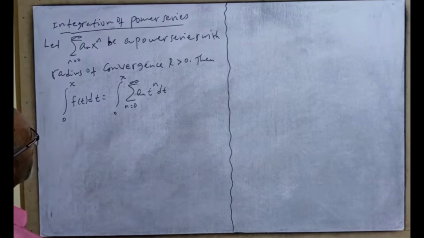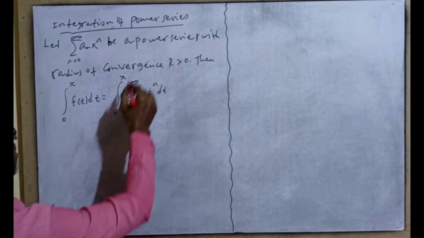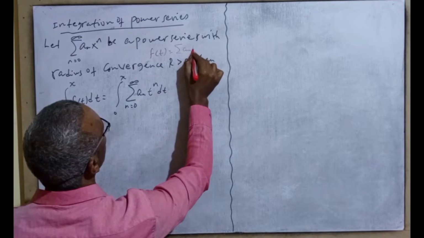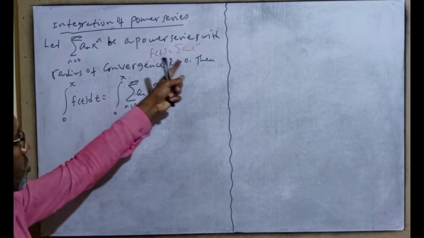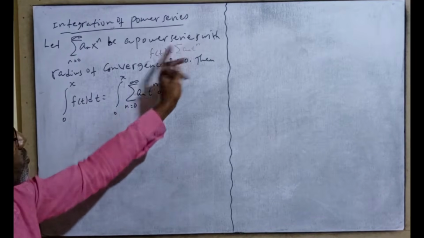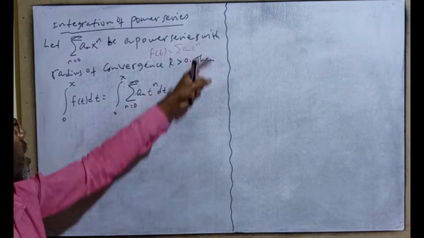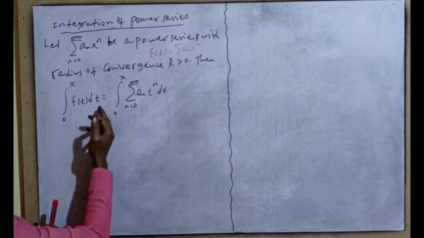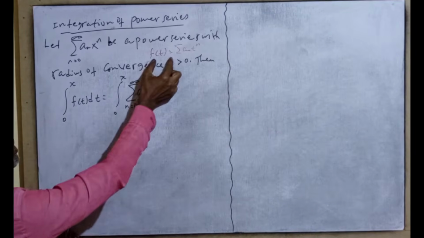is as follows. If this sum of a_n x raised to n is the power series representation of f of t, then the power series representation of f of t is equal to the sum of a_n t raised to n, where t is, in this case, a change of variables. t varies from 0 to x. So f of t is equal to the sum of a_n t raised to n. What does the integral of f of t dt from 0 to x become? Substituting this in place of f of t,